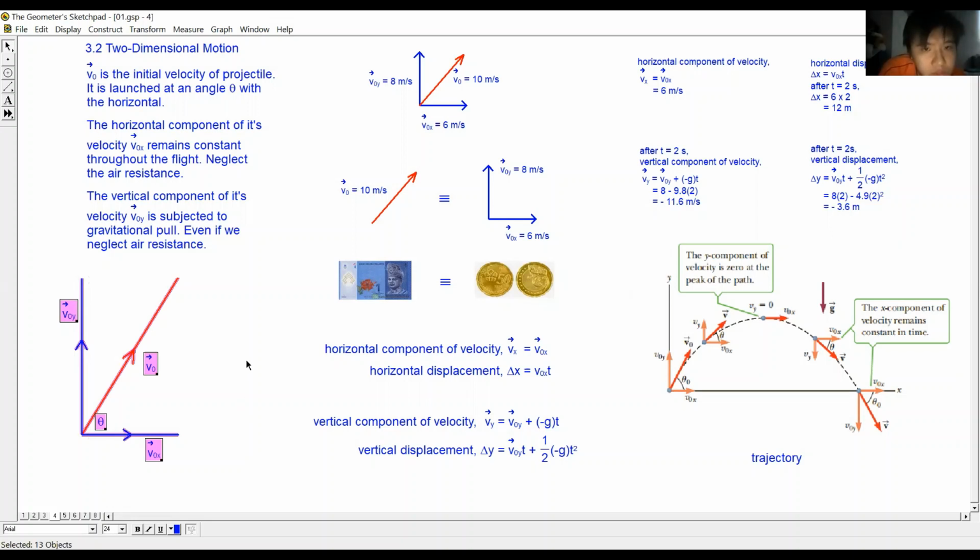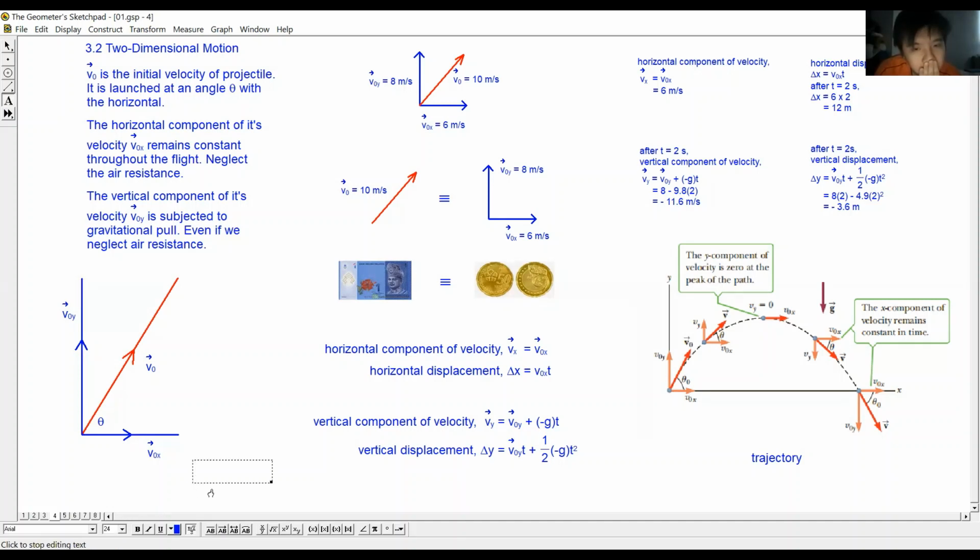Okay, right. So the starting velocity or the initial velocity is the red line. So this velocity, we call it v naught. And this velocity can be resolved into two components. Resolve,